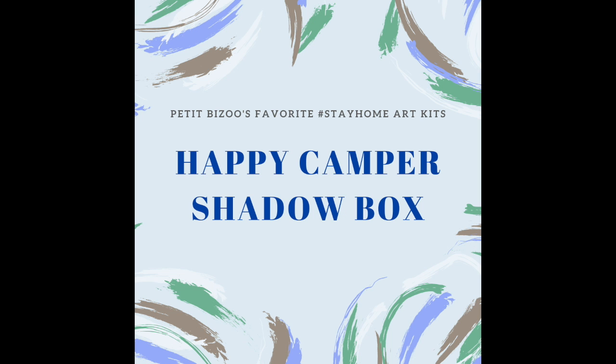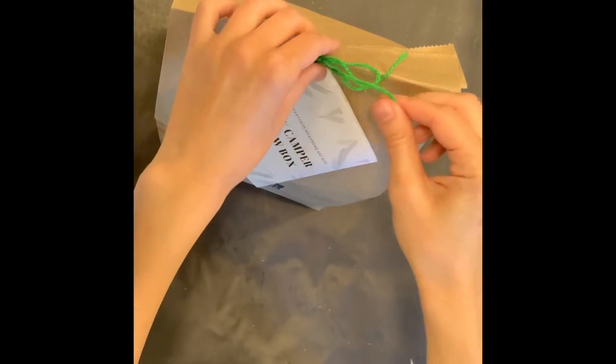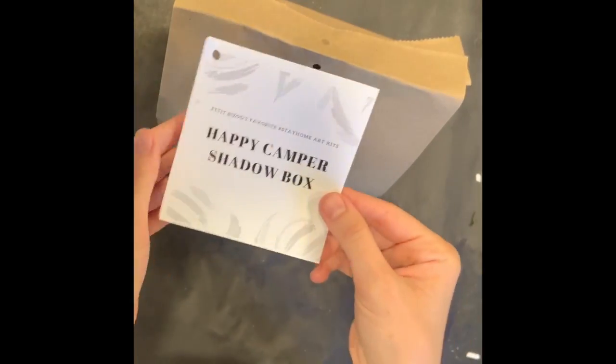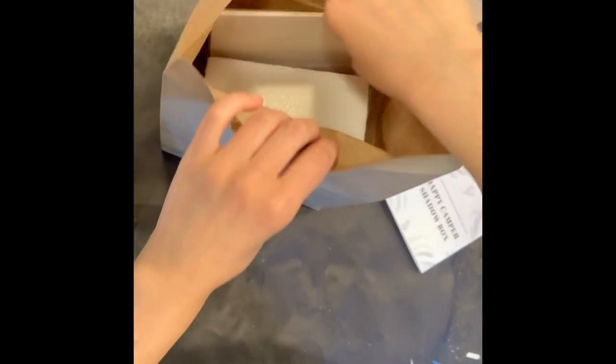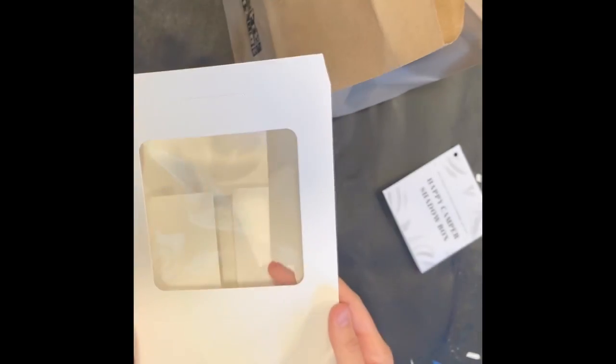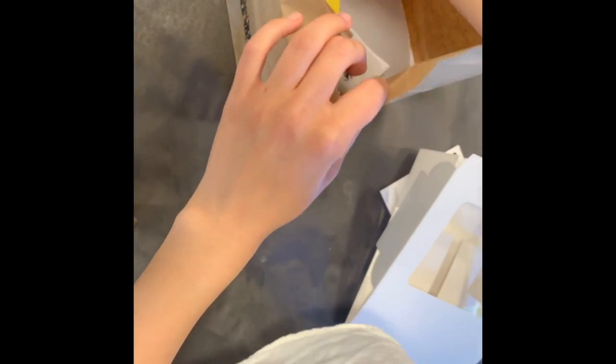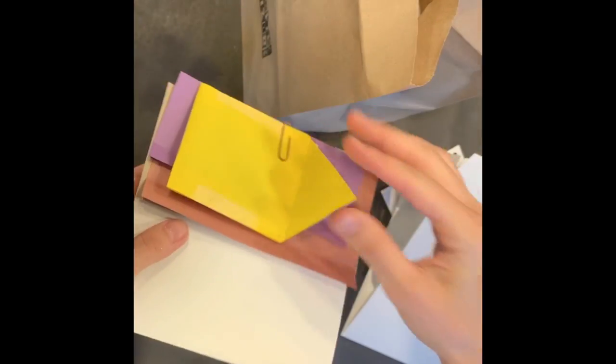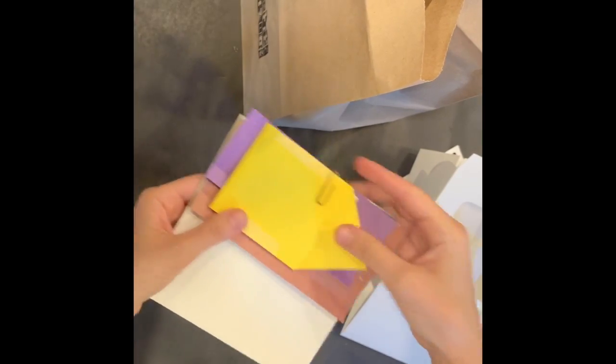This is the step-by-step tutorial of Petit Bizoo's favorite stay-home art kits, including the Happy Camper Shadow Box. In this kit, you will receive a postcard with step-by-step instructions, along with your pastry box, a piece of foam for elevating your project, scraps of paper and bleeding tissue paper,